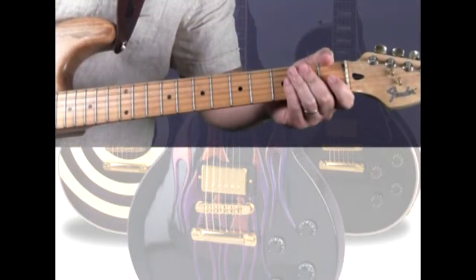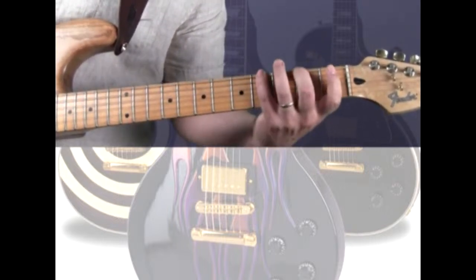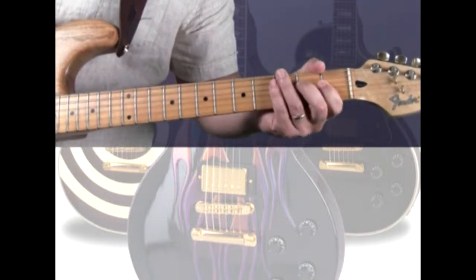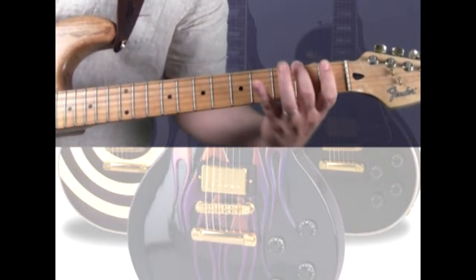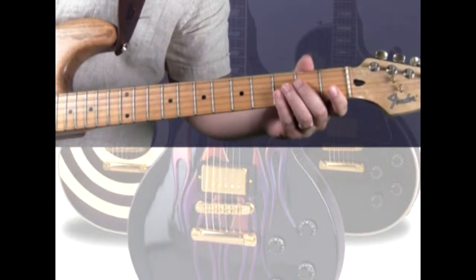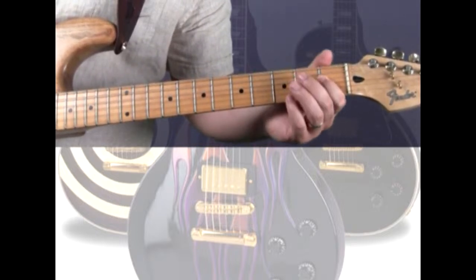Now that we have learned the full major scale, let's look at scale degrees. We know that our notes are E, F sharp, G sharp, A, B, C sharp, D sharp, and octave E. In the future, we'll often refer to these notes in scale degrees or numerically. E will be 1, F sharp will be 2, G sharp will be 3 or major third, A will be 4, B is 5, C sharp is the 6th, D sharp is the major 7th, and our octave, E, is